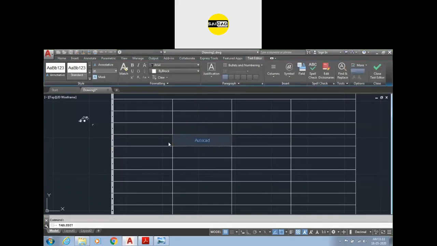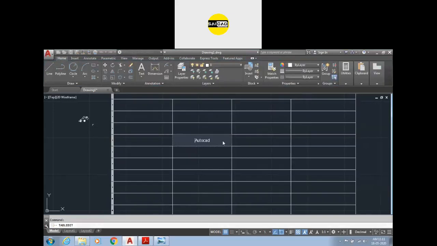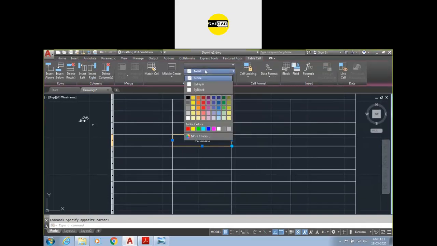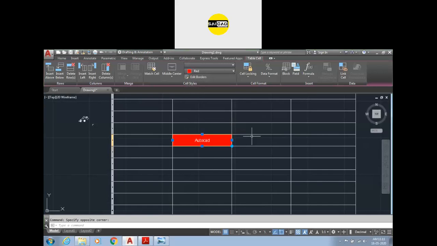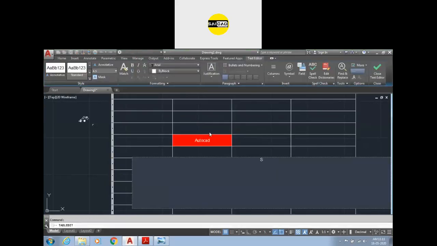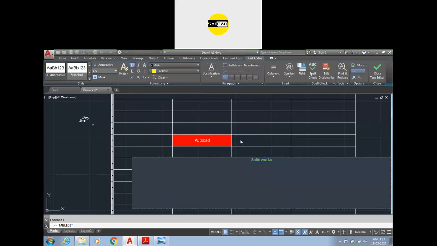So if you apply any options from here, like, from here I want the fill color to be red, and here I want another text that is SolidWorks, and its font is right now like gold, and the background color should be this one.